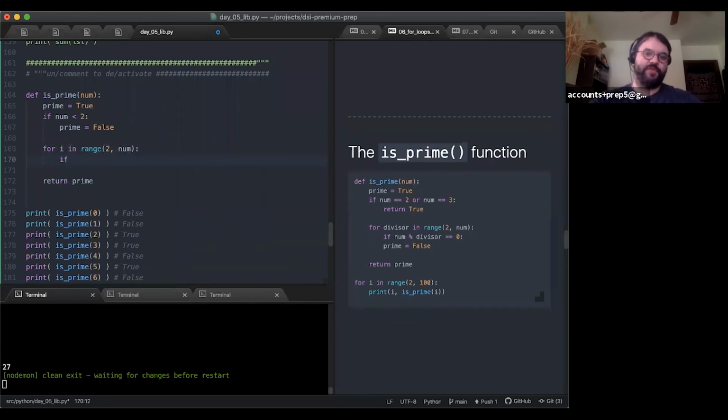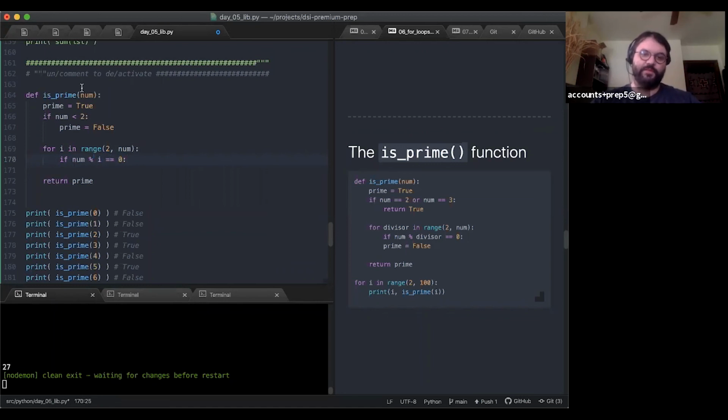So for i in range 2 to num, if num mod i, so that's meant to be mod. So if num over i has a remainder of 0, that's what this is saying.